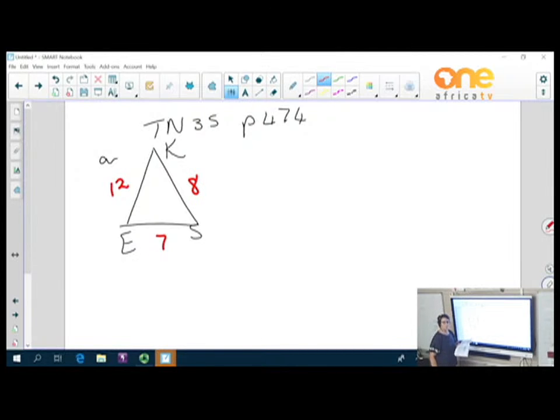So you have the three sides. That's when you can find the angle. And we want to calculate S. That is the marked angle. So this time I can say that cosine S is equal to, this is the one that I must subtract, so it is 7 squared plus 8 squared minus 12